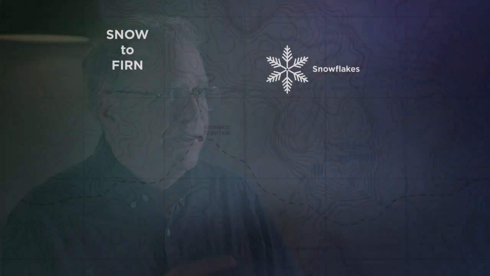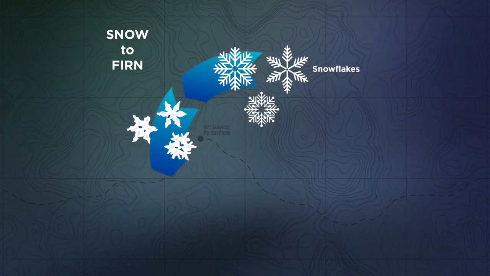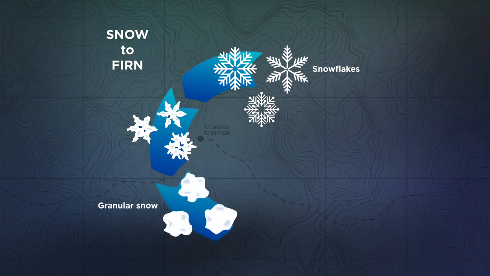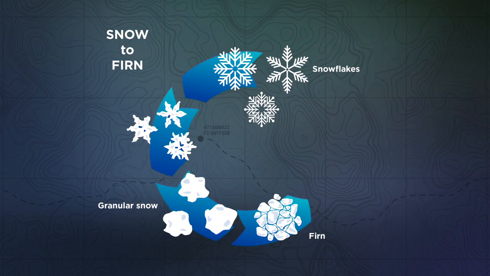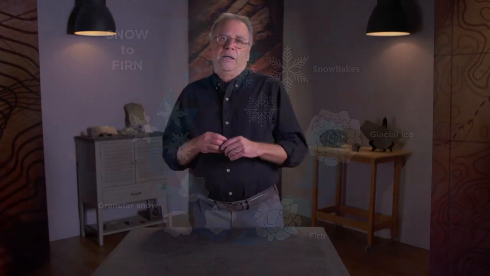In this process, the snowflakes that you envision, those hexagonal, six-fold symmetric crystals, begin to turn into very compact and much more dense ice crystals. With increased time and increased pressure due to overlying snow and firn, the transition to glacial ice occurs. In addition to the generation of denser ice particles, a couple of interesting things happen. One is you start generating glacial ice crystals. With increased pressure, water molecules continue to crystallize just like any mineral. A single glacial ice crystal can grow to the size of a baseball.